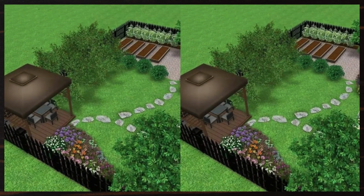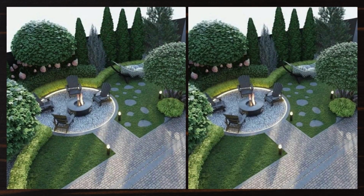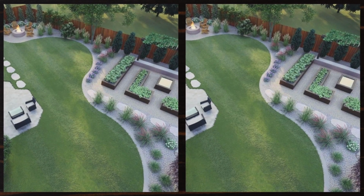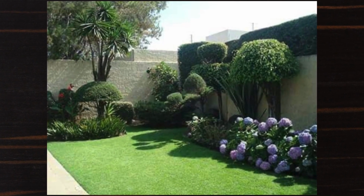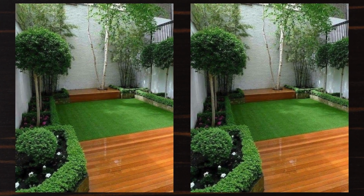Whether you're dreaming of a tranquil meditation spot or a vibrant outdoor entertaining area, we have got the inspiration and tips you need to make the most of your small garden lawn. So join us as we uncover innovative design ideas and space saving techniques that will transform your outdoor space into